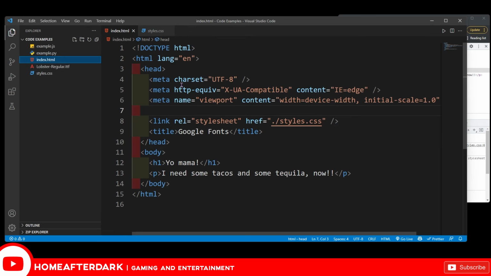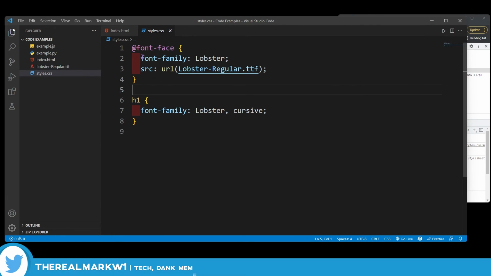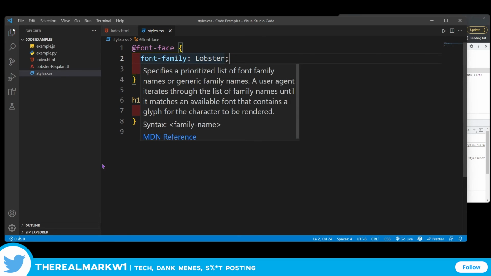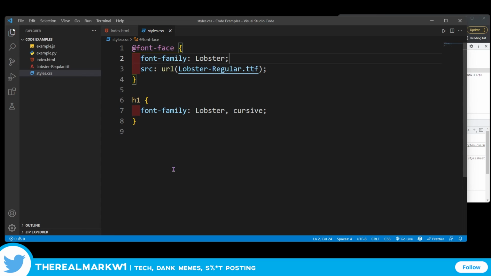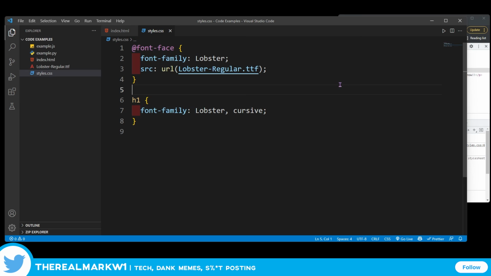There's no link being brought in. There's no URL call being made. This is now this font face right here. We're giving it a name, which is just Lobster, renaming it what it was originally called. We're saying where the source is, and this means locally. And then right here, we're just reusing the font family from line 2 that we're using, and everything seems to be